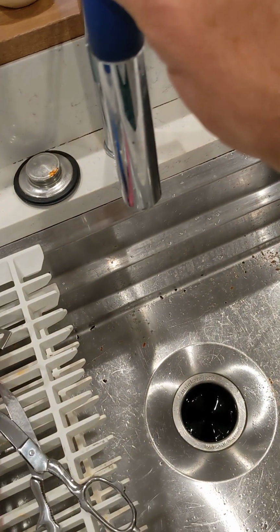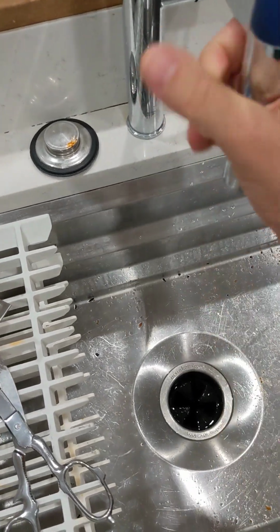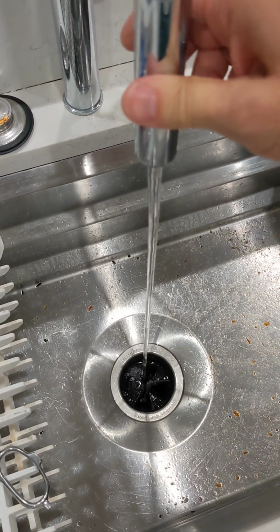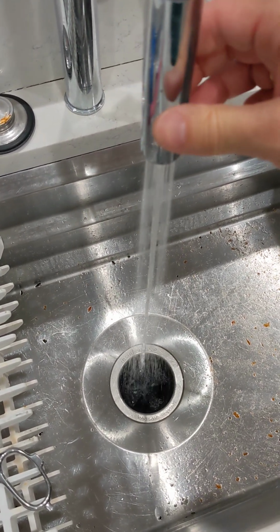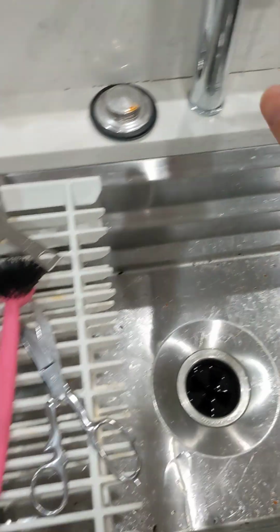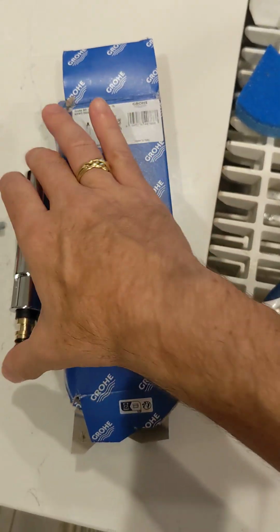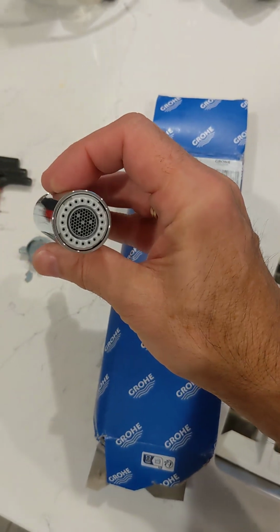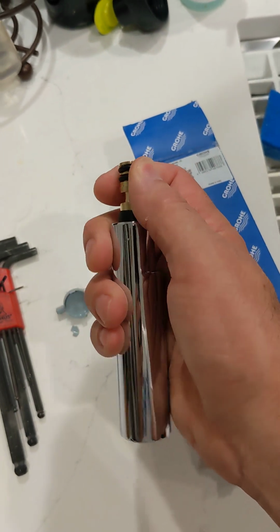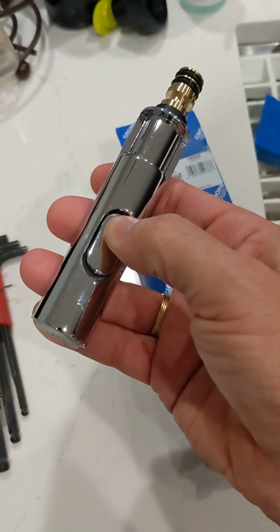This is my kitchen. And this is the Grohe faucet that has the slight problem where it switches from spray to stream, or kind of gets stuck in the middle between the two. I did get the replacement part for it from Grohe. I think it's beyond its warranty, I'm not sure, and hopefully publishing this video won't kill my goodwill with Grohe, because I do not have ill will toward Grohe. I'm quite impressed with their products, but this is the replacement, so it doesn't do the spray stream screw up